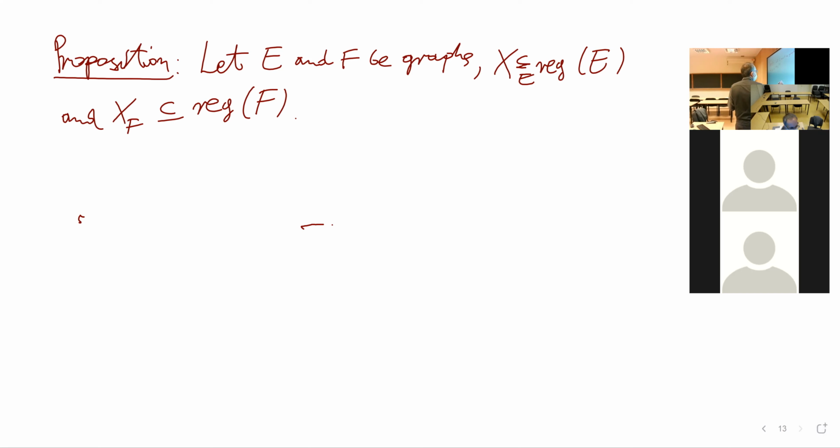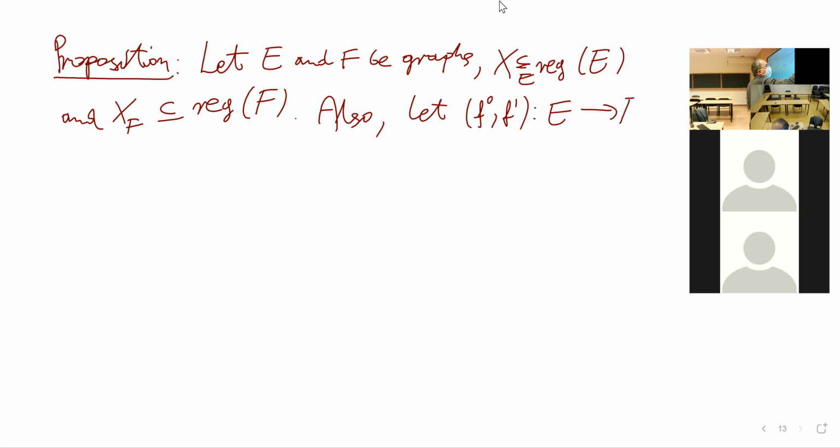And remember, a graph morphism is just two set-theoretical maps, which map vertices to vertices and edges to edges and respect the source and the target maps, okay? So also, let F0, F1 from E to F be a morphism of graphs